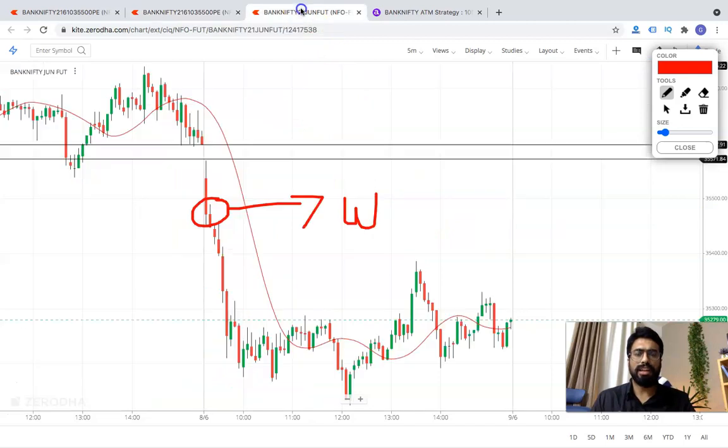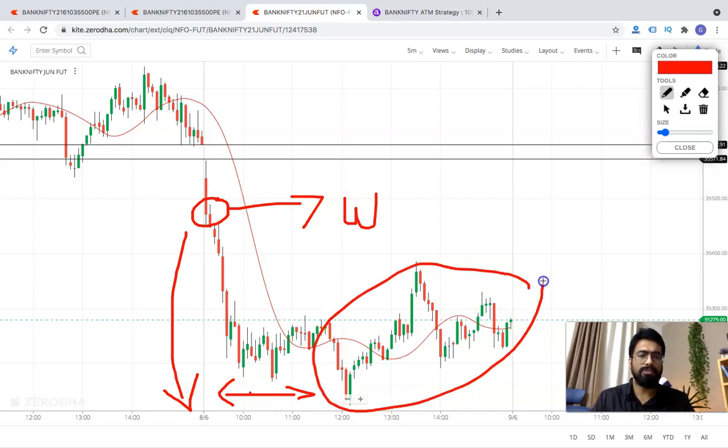If you observe the entire scenario of the bank, it slowly stepped down towards 35,250 levels. Below it came down and this is the base formation. After completion of the base formation and exit, we saw another consolidation range for the remaining part of the day. Don't try to chase everything you see in the market. That is a bad habit a lot of traders have.